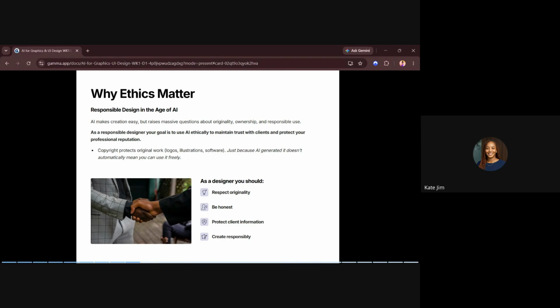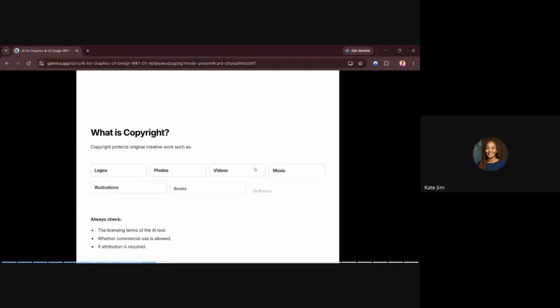And then protect client information. When you're putting things into AI, try as much as possible to use templates. Most people will say XYZ, that's the name of the brand, and so on. There's a way you do it without disclosing too much information about your client. I hope I'm communicating. Are we together?